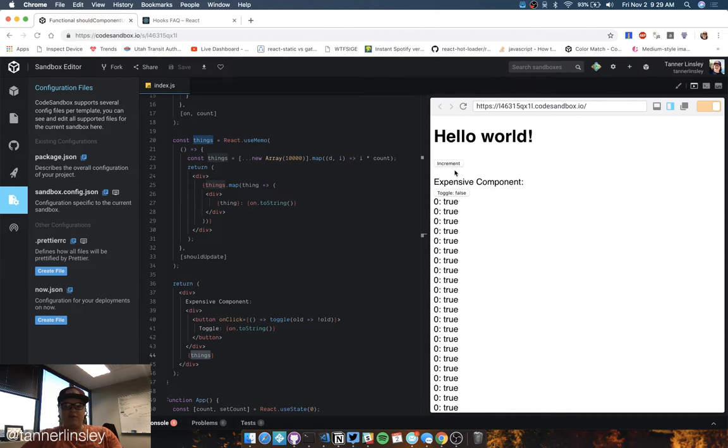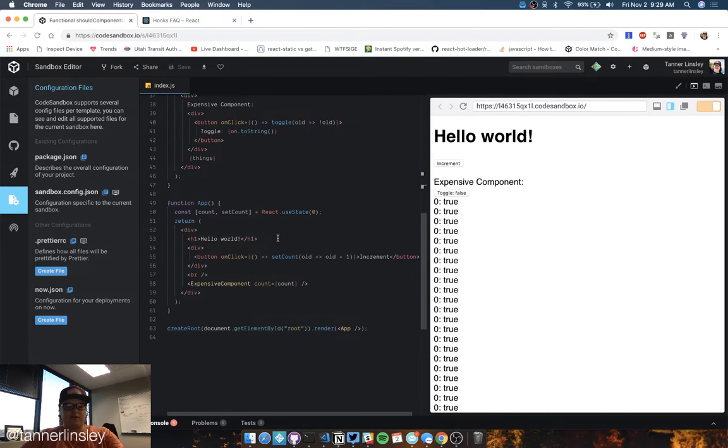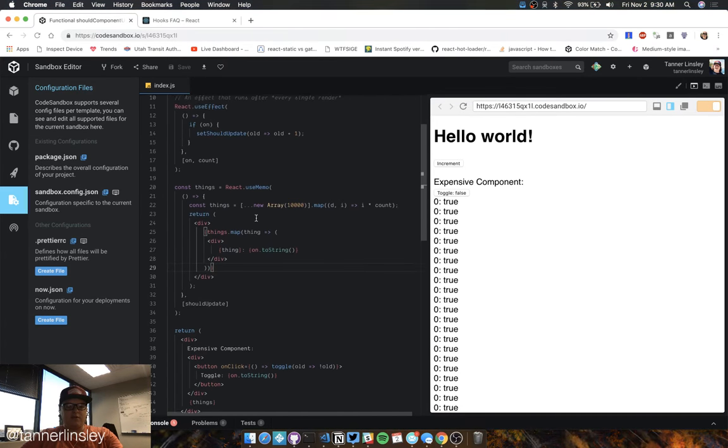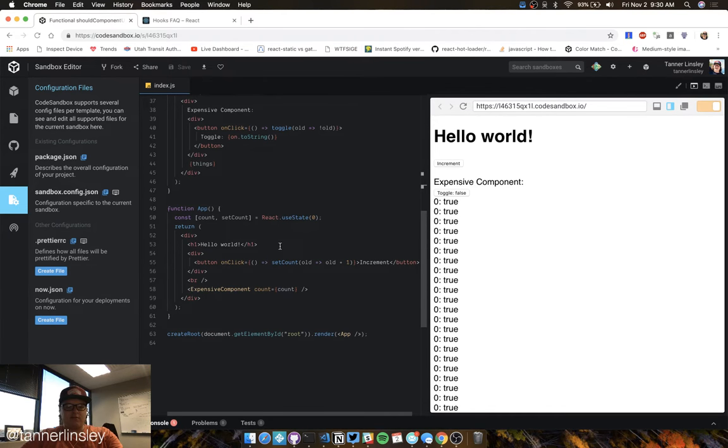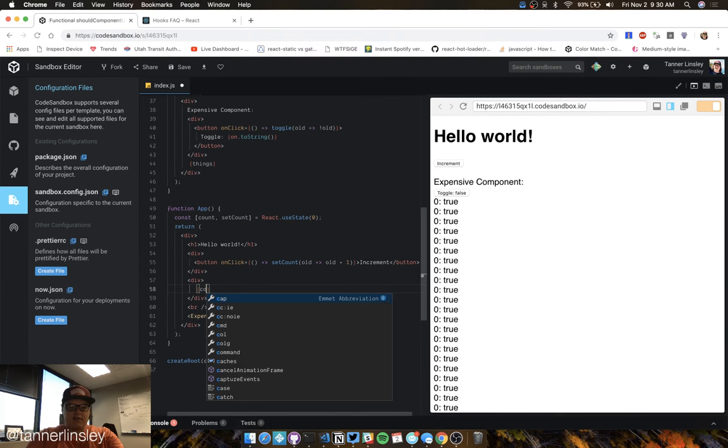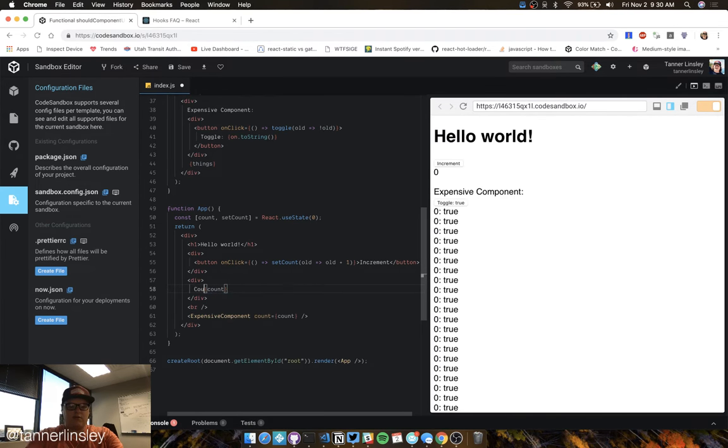So if I turn this off, I can increment as much as I want. And in fact, I want to know the count right here. So I'm going to put the count right here just because I want some feedback that's actually